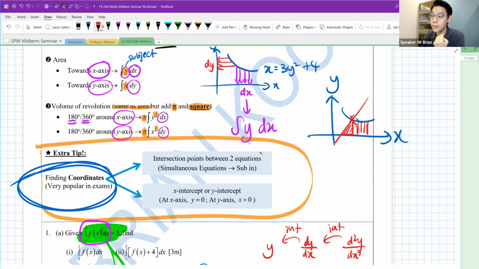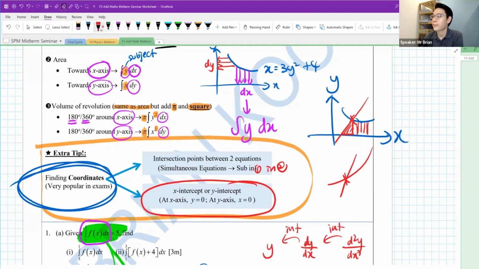If it's an intersection between two equations, you do simultaneous equations. You substitute 1 into 2, that kind of stuff. Maybe a curve cuts with another line. You substitute equation 1 into equation 2. You substitute these two equations into one another. But if it's the x and y intercept,